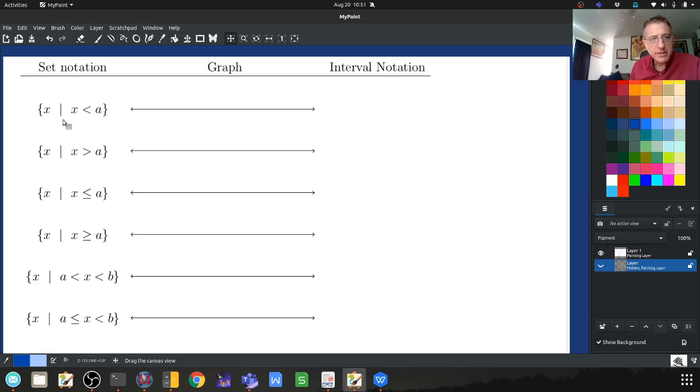And this is the set notation. We have a graph that can depict the exact same information, and then we have what's called interval notation, which is just another way to express and denote this set. So remember, an interval notation is really just a set of numbers. So what I always do for these is, okay, let's just draw here